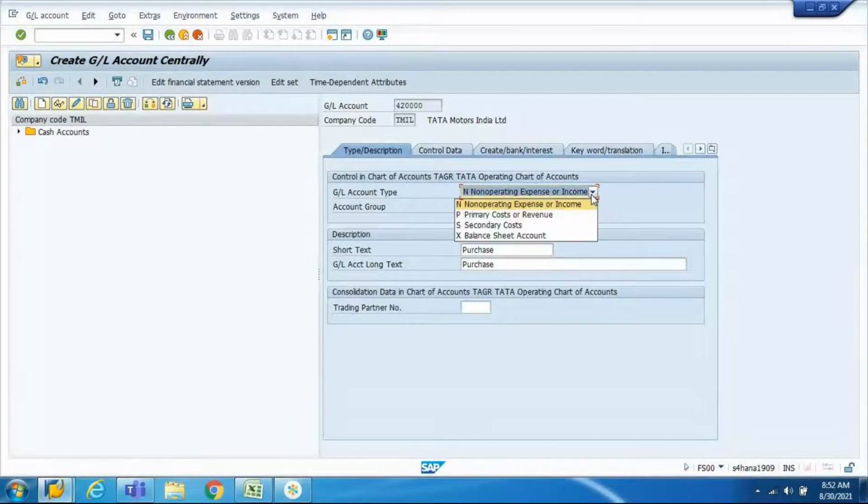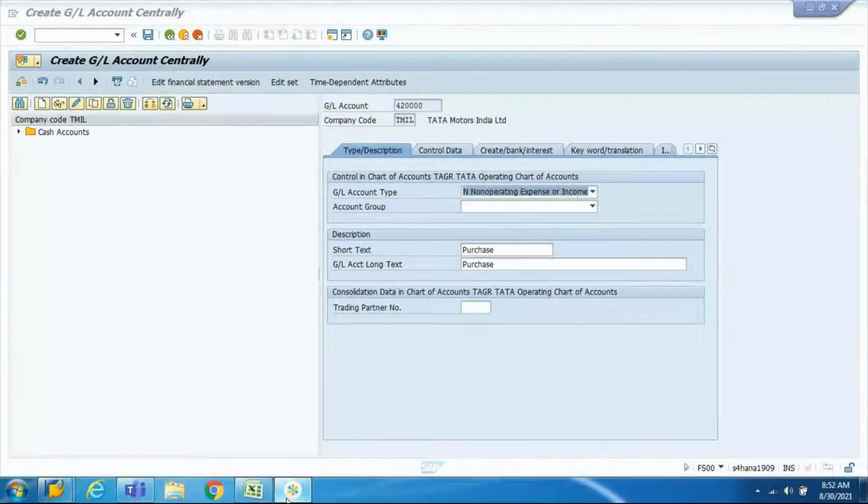If I select P, primary cost or revenue, what does it mean? What does it mean if you select P? What is a primary cost element?